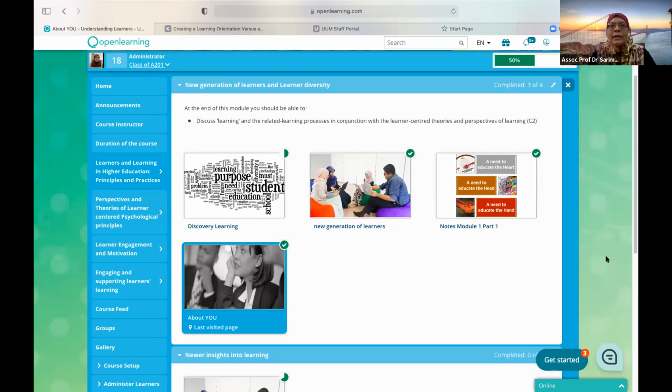But of course, I continue to use assessment in UUM online because student submission of reports will need to go through the Turnitin process. So I don't know whether that is possible here. Still have not explored that. So the assessment part for submission for Turnitin, I still go back to UUM online. But the rest of the course is like,